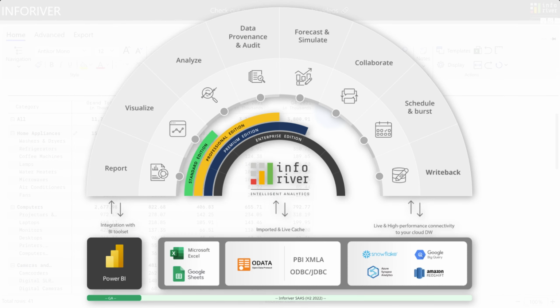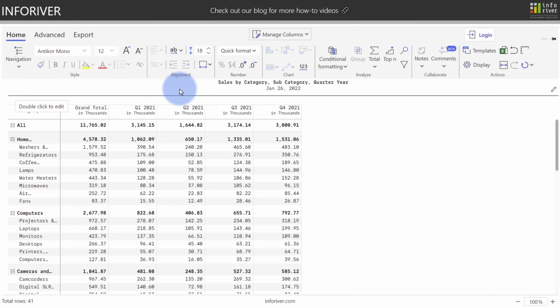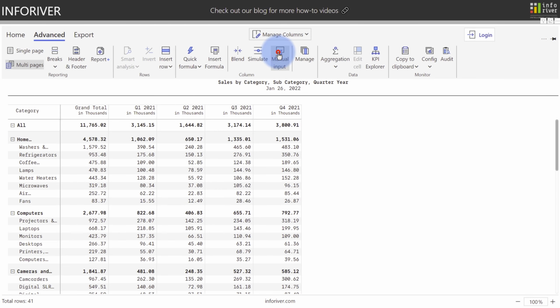Continuing with the Inforiver vision, we'll now discuss the forecast and simulate features. The manual input feature is a great way to easily add budgeting, forecasting, or plan type data. To start, we're going to come up to the advanced ribbon, we're going to select manual input, and let's rename